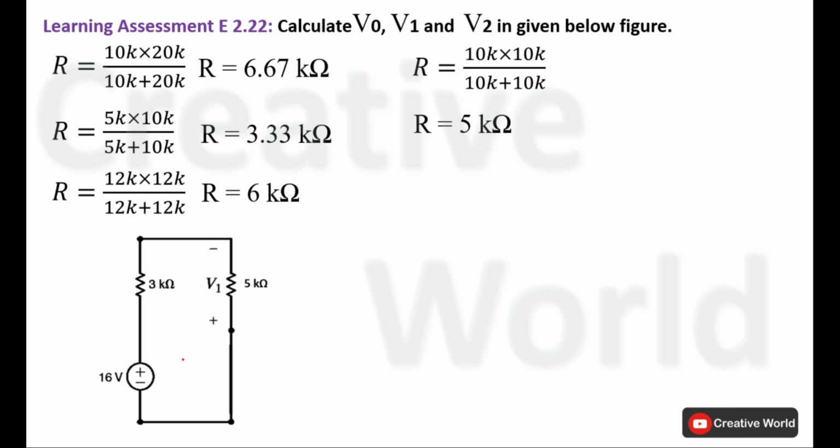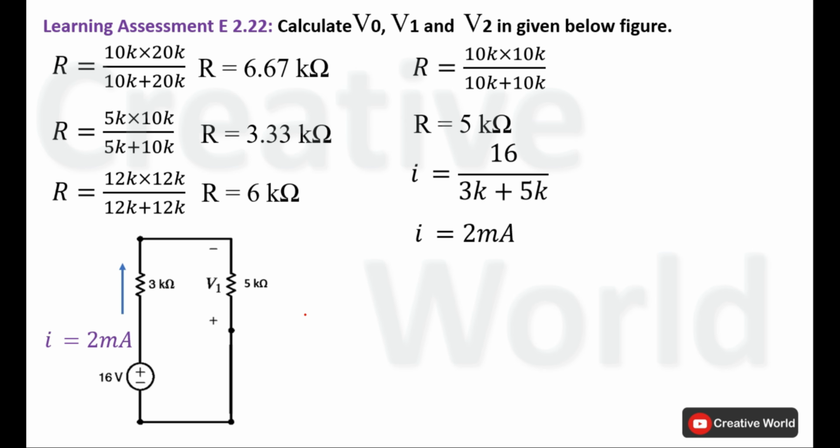We can calculate the total current of this voltage source which is distributing among the circuit. So the value of this voltage source current will be voltage divided by the total resistance of the circuit. Right now the equivalent total resistance of complete circuit is 8 kilo ohm and voltage is 16 volt. So the value of supplied current to this circuit will be 2 milliampere and the direction of current will be upward, leaving from positive terminal of voltage source and entering from negative terminal of voltage source. Now we have calculated the total supplied current.